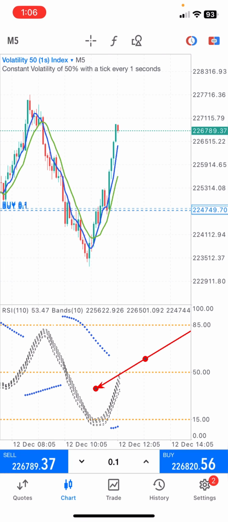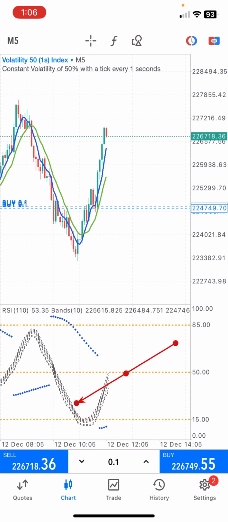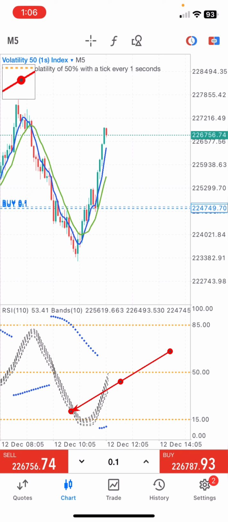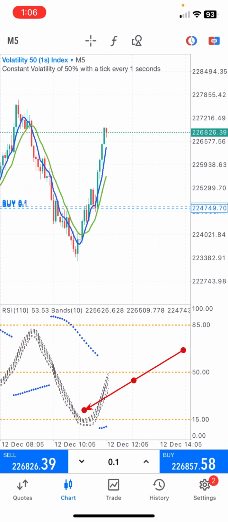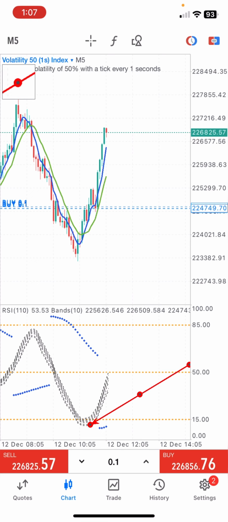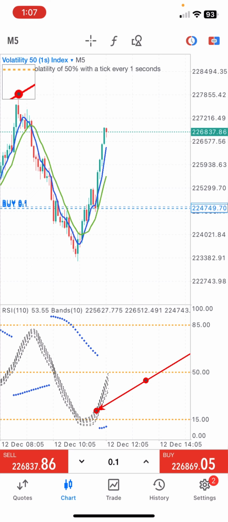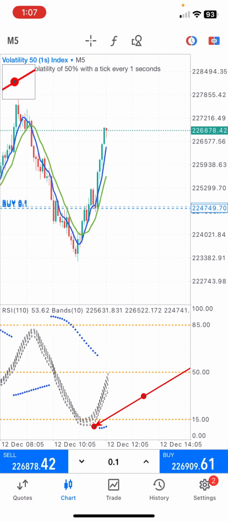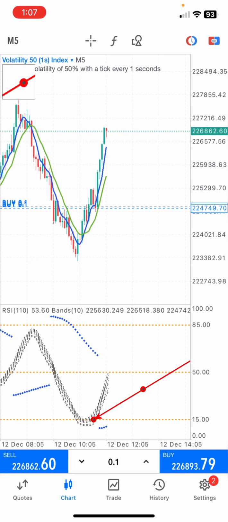The first thing you want to look for whenever you want to take a trade with the strategy is to see the Bollinger Bands come and touch the 15 level of the RSI. When this happens, your expectation is to patiently wait and look for the parabolic SAR dots to show. When just one dot shows in your indicator window, and the Bollinger Bands is also at the 15 level,